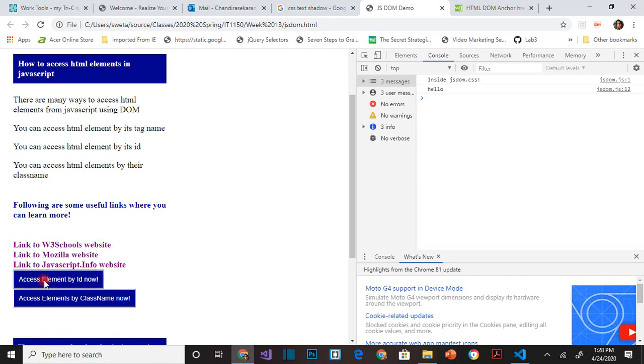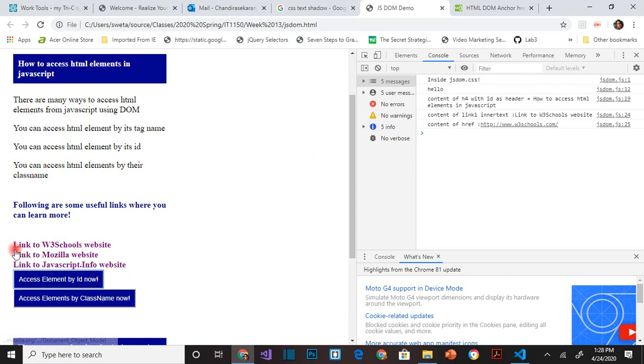Let's try this. Click on the element. So it gives me the content of the inner text would be this, what we can see on the screen, links to W3 schools. The href refers to the actual link when you hover over. So that would be